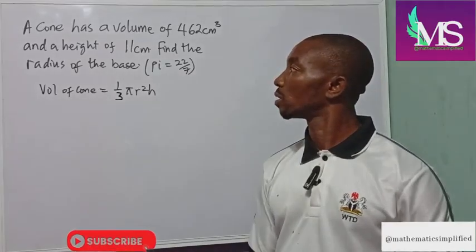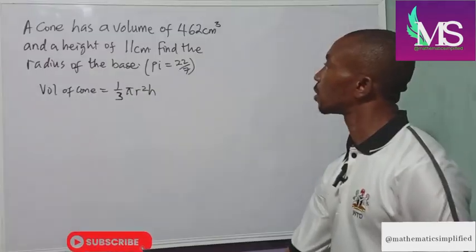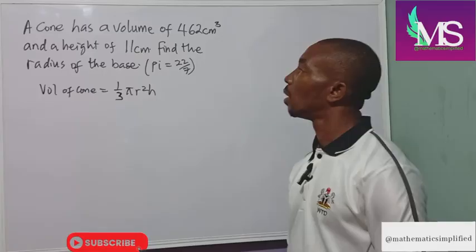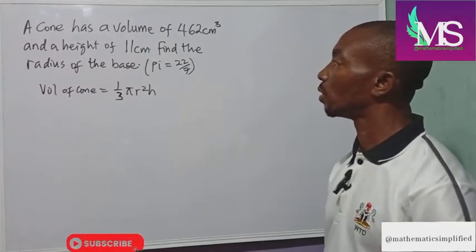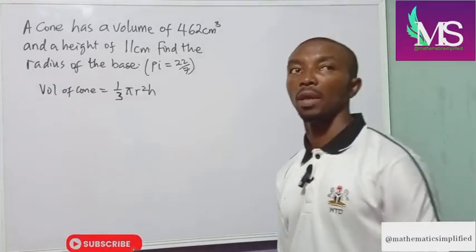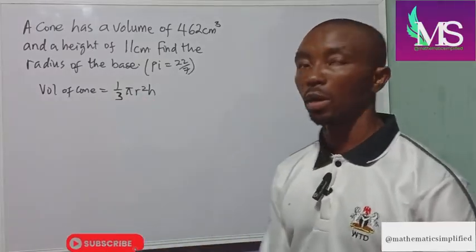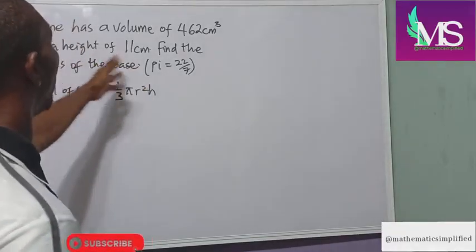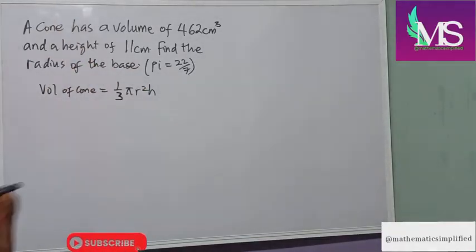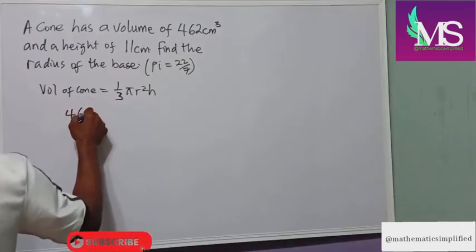Our next question says, a cone has a volume of 462 cm cube and a height of 11 centimeter. Find the radius of the base. And now we know that for the volume of a cone, we have it as 1/3 pi r squared h. So we are going to substitute directly our values into our formula. Now, volume has been given as 462,